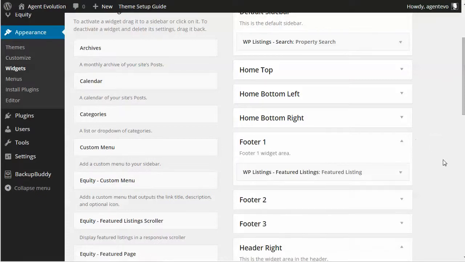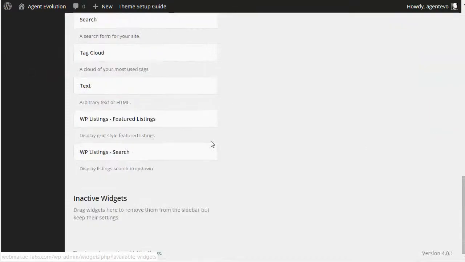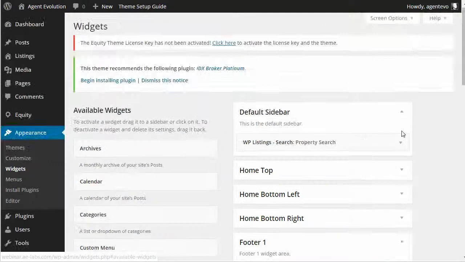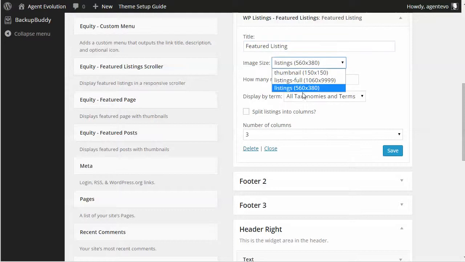In footer 1, we're using the WP Listings featured listing widget. If you're using IDX Broker and imported those widgets, it would be using the IDX Broker featured listing widget. So we're going to open this up, and again, here's our WP Listings featured listings widget. We can just drag it up into footer 1, and we're calling that featured listing, and we set it for the image size for 560 by 380 because you want it small enough to fit in that widget area. We only want to show